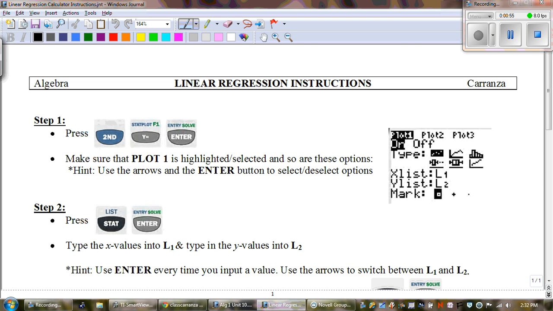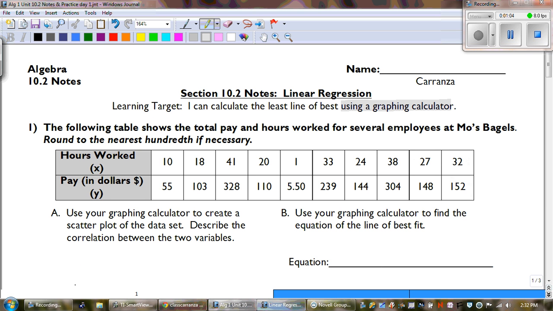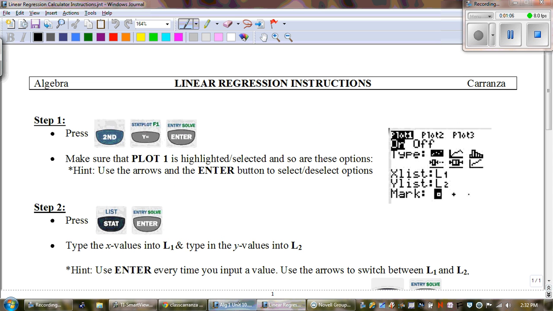So, you received one of these worksheets in class. I'm going to be going back and forth between the linear regression instructions and the notes, okay? Starting with the linear regression instruction sheet, there are 3 buttons that we're going to hit. Well, before we get started with that,